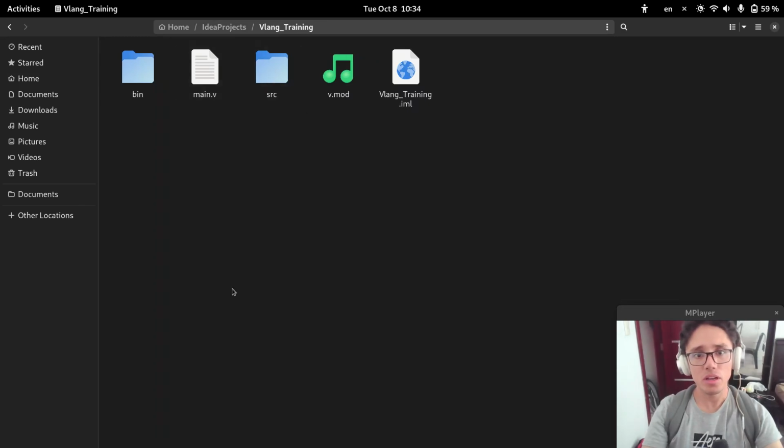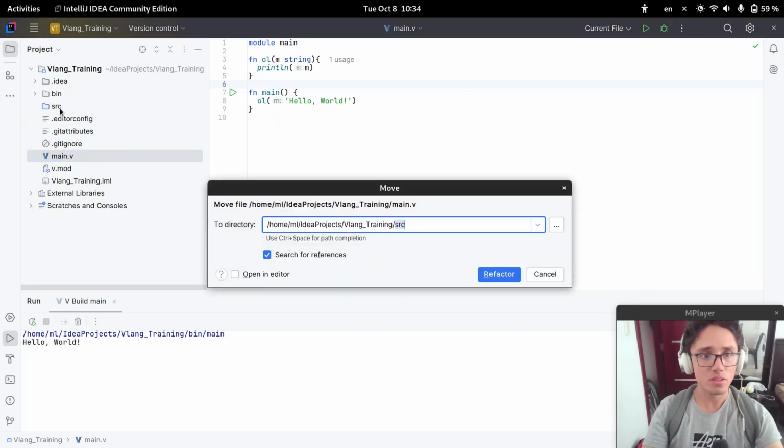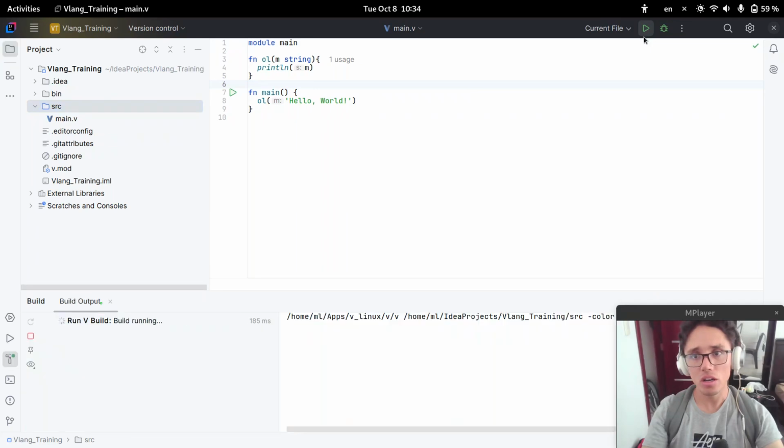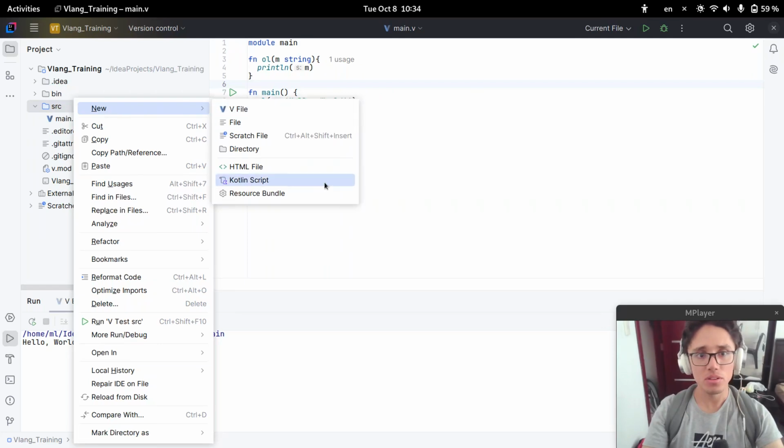Okay, the folder was created. Probably the view is not here. Okay, so better to use the project view. Move. I will drag the main.b file to source. I'll say refactor. Thing is, will it still run? Yes, it runs. Okay, now that we have a source folder, by the way, I think the source folder should be created by the B plugin, right? But anyways, so